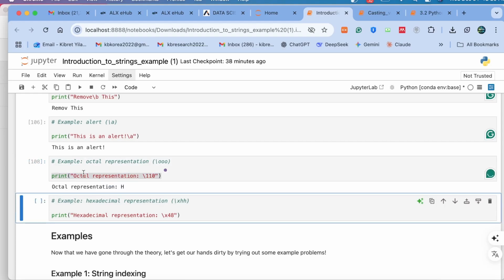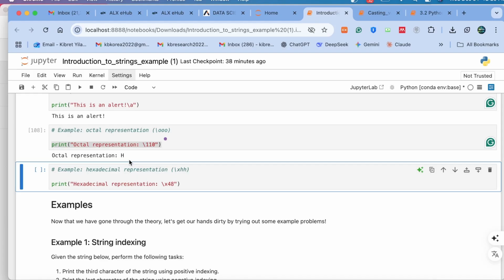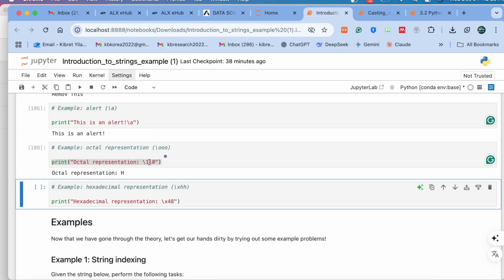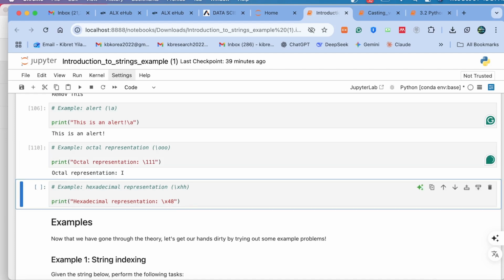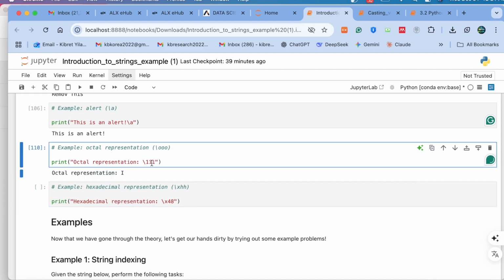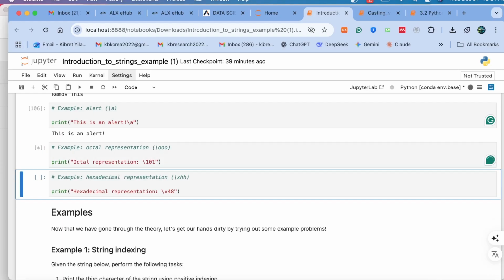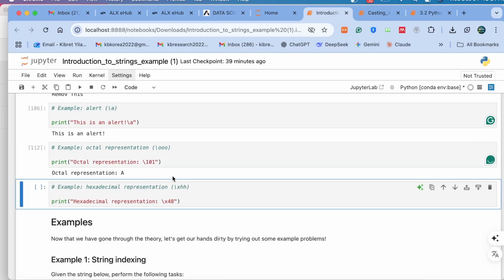And here is the octal representation. Octal representation is like here is the binary, right? Backslash, binary number 110. So this is 110, and the octal representation is H. Let's change this one. What's 1111? I think it's I, right? What's 101? Octal representation A, right? So we can